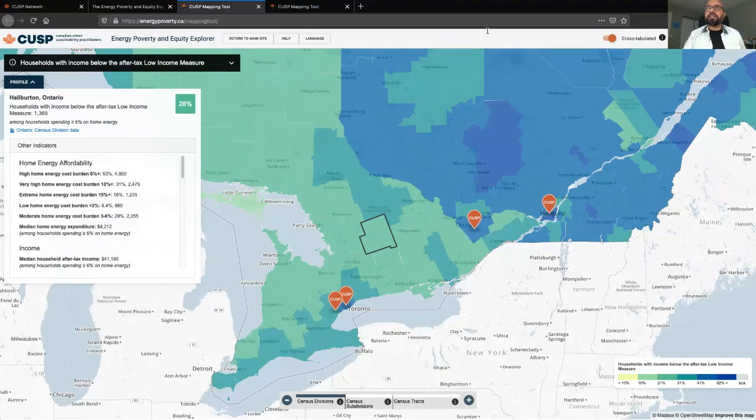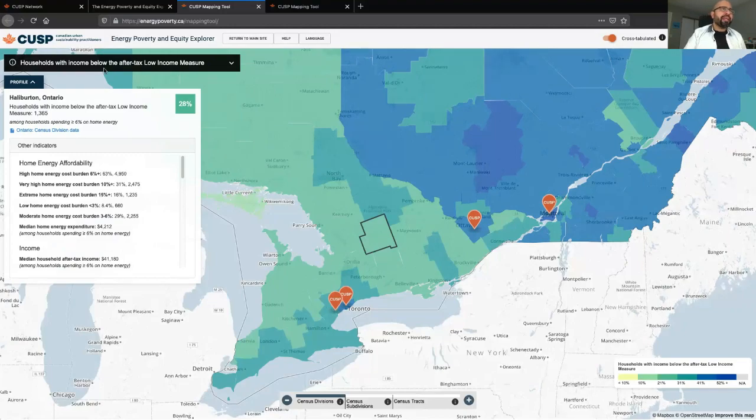What this crosstab does is, for the indicator you've chosen, it will crosstab that with the universe of households experiencing energy poverty. So what this is telling me is that not all households that are in low income, in this specific example in Haliburton, also experience energy poverty.